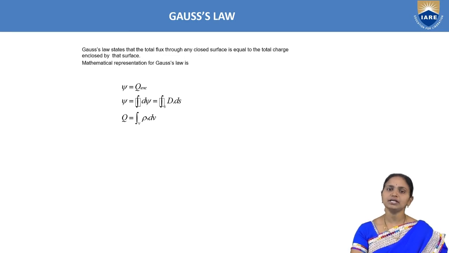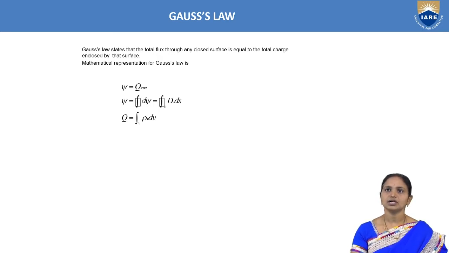Now if you go through the statement of Gauss law, it links electric flux with charge directly. If you go for Coulomb's law, there we have to calculate force, or we have to calculate electric field intensity E. Then we can go for the electric flux density, or electric displacement, as we can call it. In the case of Gauss law, it directly links flux with charge.